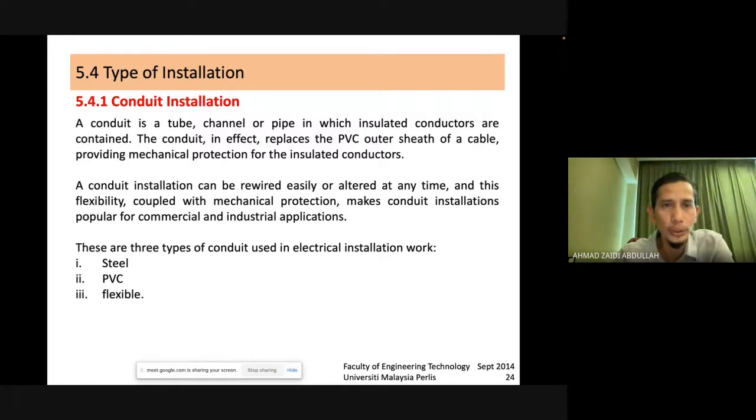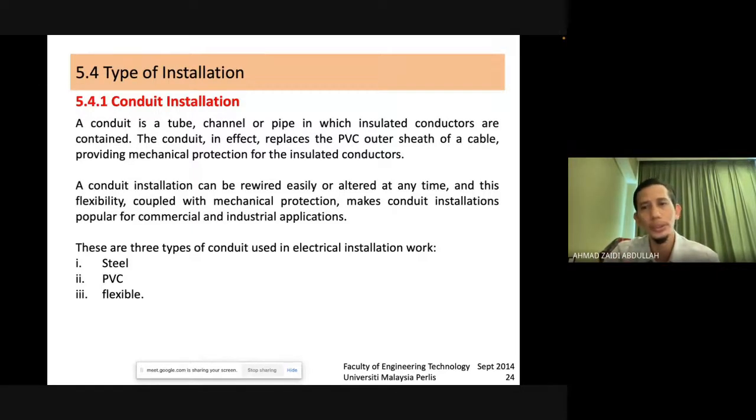So conduit is a tube, channel or pipe in which insulated conductors are contained. So the conduit in effect replaces the PVC outer sheet of cable. And tadi cable tadi ada outer sheet kan. So we can also replace lah kalau kita nak gunakan. And then conduit installation can be rewired easily or altered at any time compared to the others lah kan, sebab dia